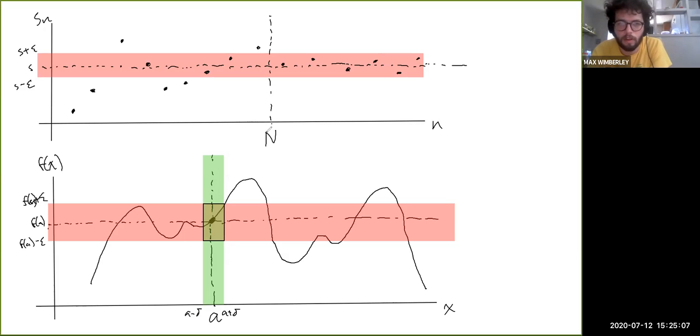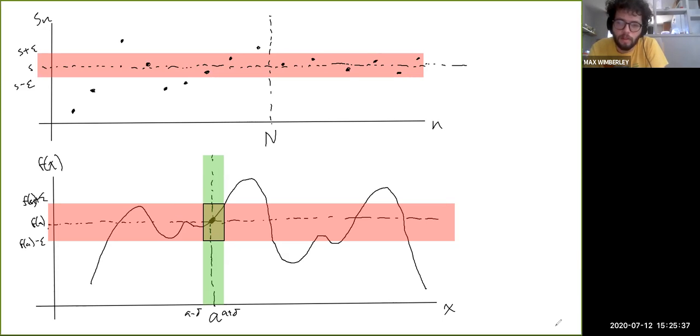Don't forget that you can always choose capital N to be much larger than it has to be. Here, this is close to the smallest value it could be, but it could be a lot bigger, and that wouldn't be a problem. Same thing with delta. You can choose delta to be much, much smaller than it actually has to be, and if you do that in a proof, it would be a valid argument, right? So anyway,